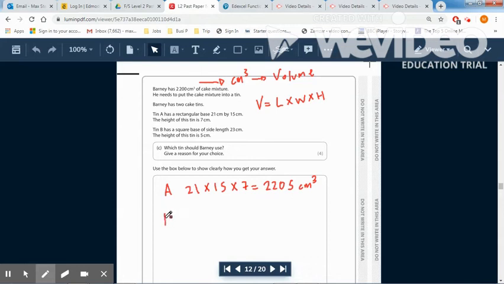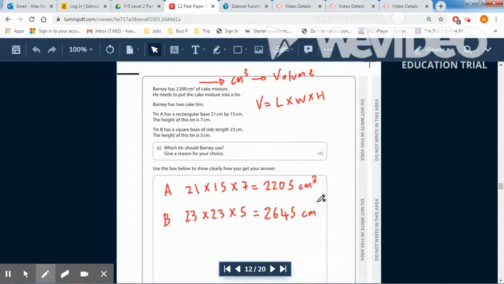And then for B, it has a square base of side length 23. So if it's a square, that means the sides are going to be equal. So the length is going to be 23. The width is going to be 23. And then the height is 5. So 23 times 23 times 5, and that gives me 2,645